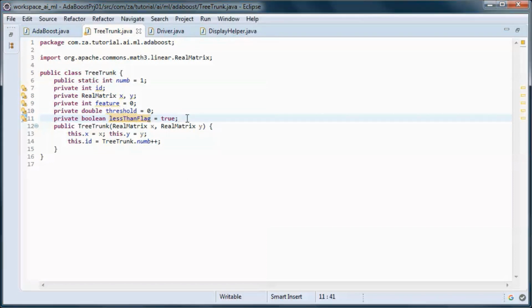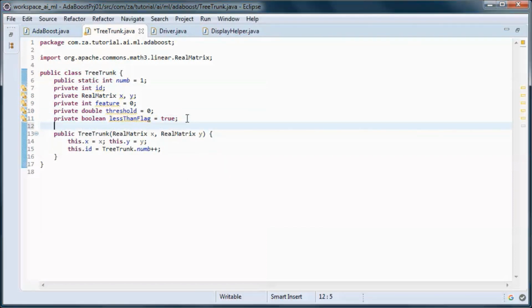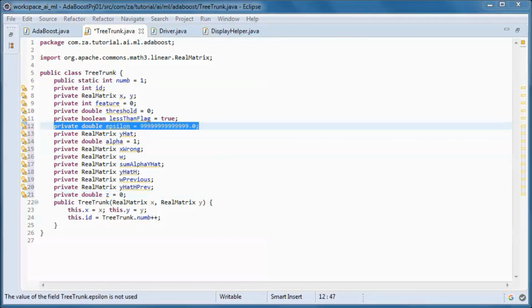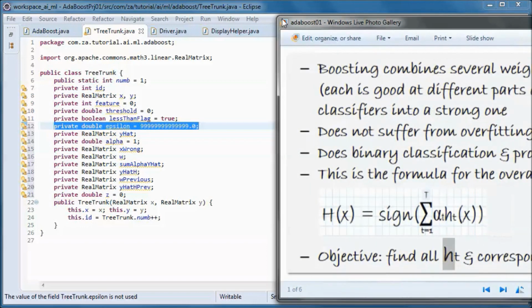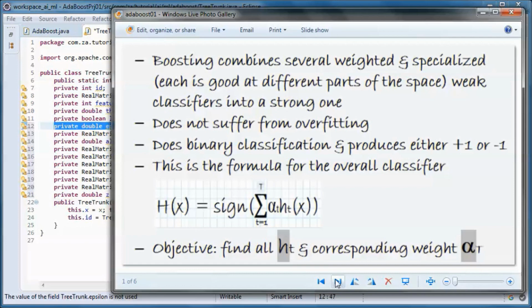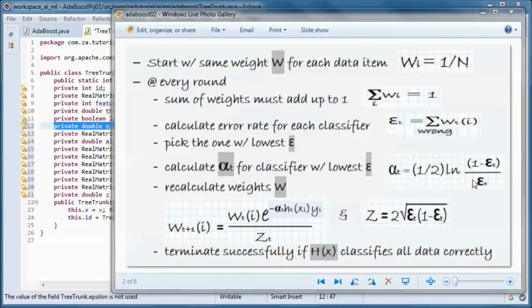And we also keep track of the error rate epsilon, so this is how we calculate epsilon.